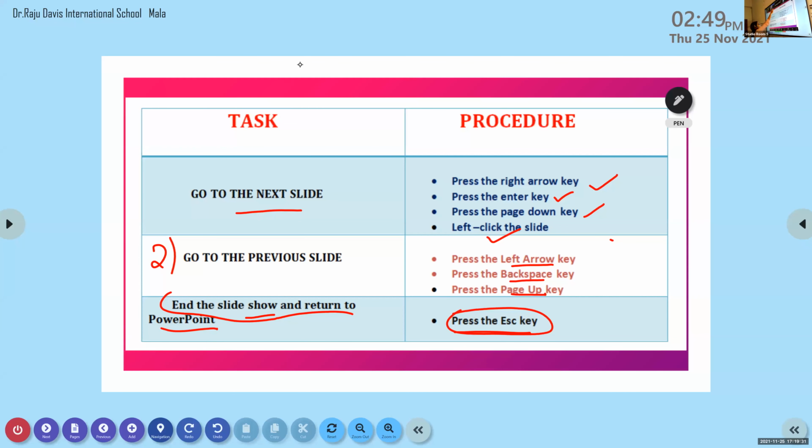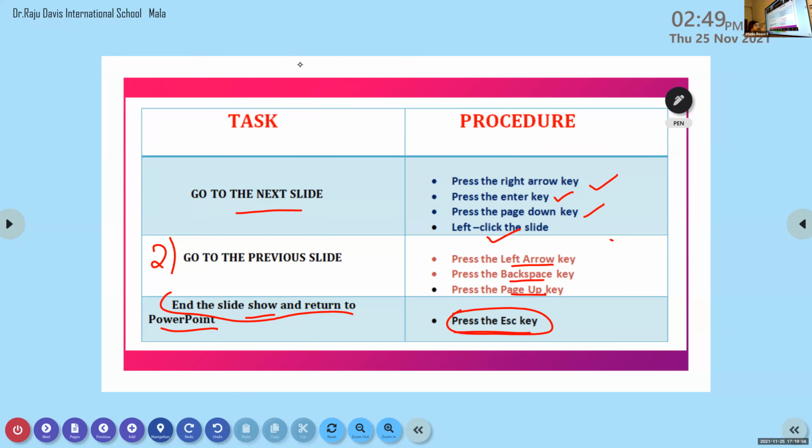So there are different tasks and different procedures for that. Now we are going to read it once again. The first task is, if you want to go to the next slide, we click either the right arrow key or enter key, or press the page down key, or left click the slide. The second task is go to the previous slide.